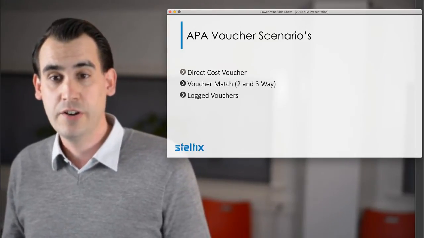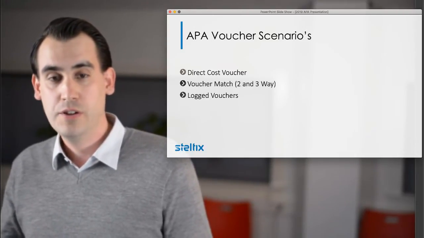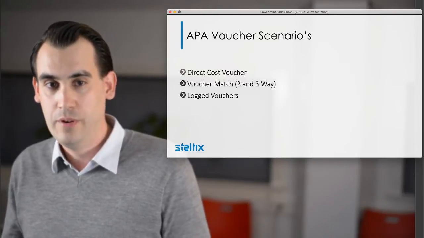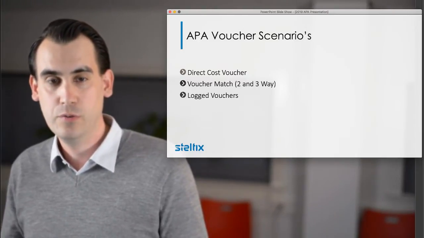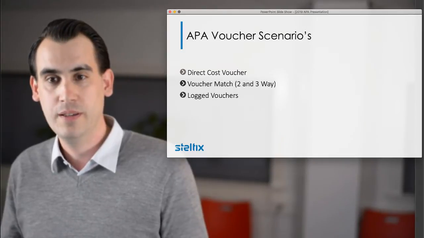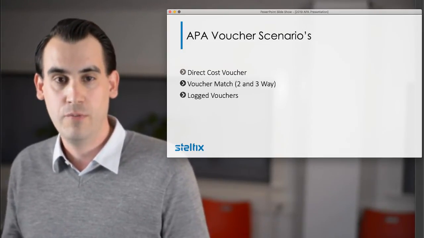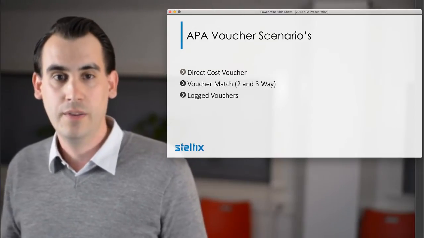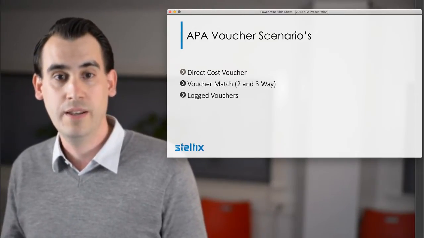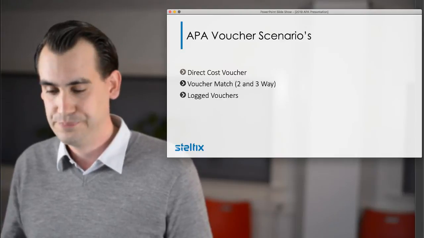Then last but not least are the locked vouchers. If you have a supplier that you generally have problems with, or you don't manage to automate properly, you can directly make it into a locked voucher. So you have the information in your system, and from there you can pick it up and use it manually in any way that you or your colleagues want.